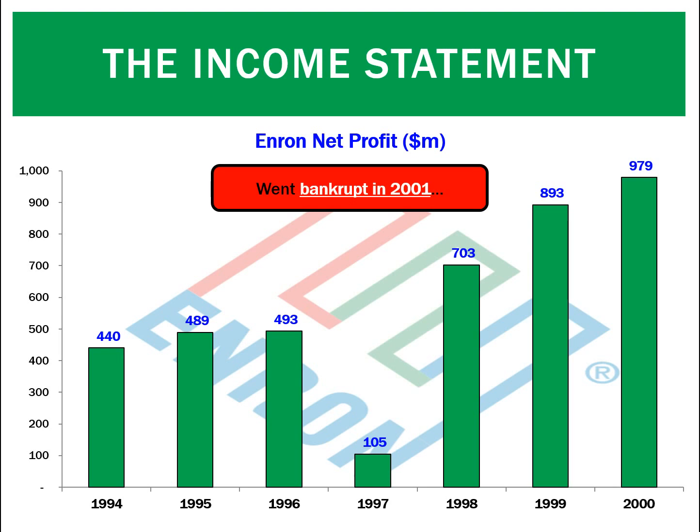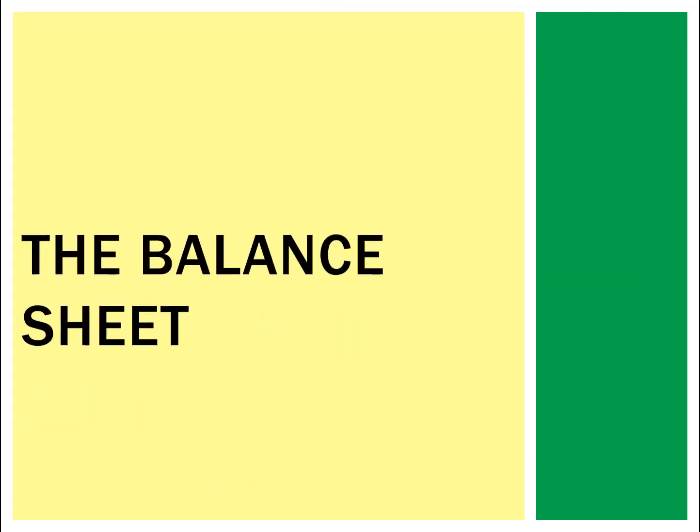How does that happen? How can I make a big net profit but go broke? Well, it's all because there's a difference between profit and cash. So what I need is the income statement's good, but I'd like to have another report that's going to tell me